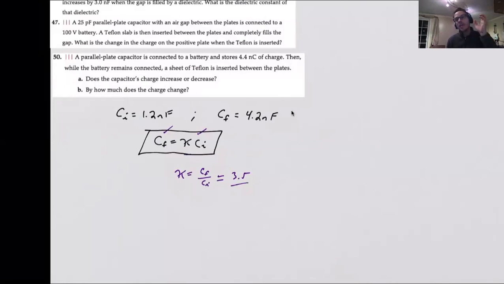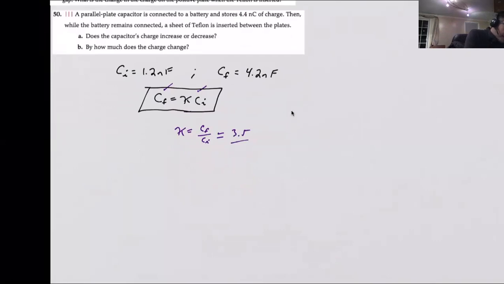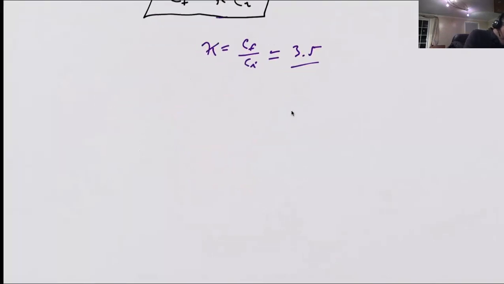When that happens, but we keep that same 100-volt battery, what is the change in charge on the positive plate? So again, if we have a capacitor, we know by definition it's going to be charge over voltage. We know that the relationship between the air capacitor and the Teflon capacitor is that the new capacitor with Teflon will be equal to the kappa of Teflon times the original capacitance. And each one of them, if it's connected to a 100-volt battery, is going to have a different charge. Here they ask us for the net change in the charge, so not just the final charge, but the net change in charge. Let's put all that into practice, okay? So for number 47,